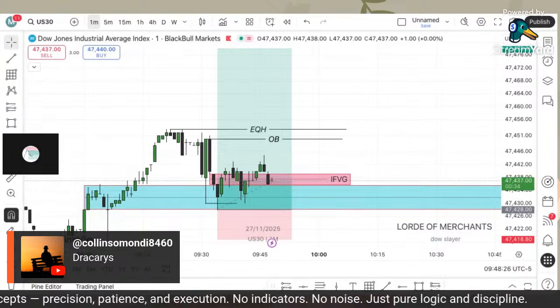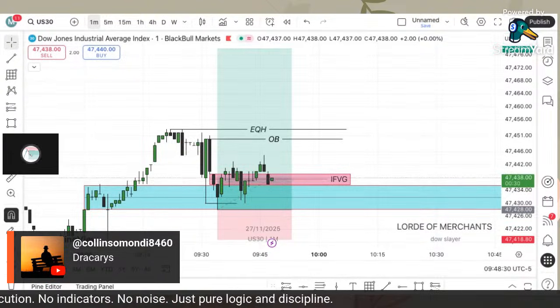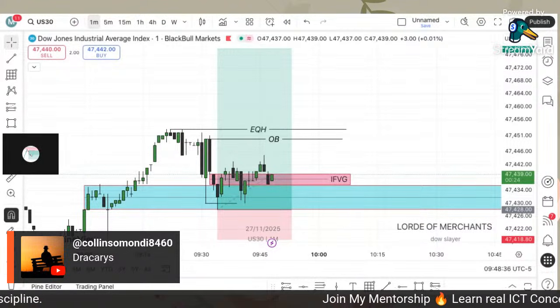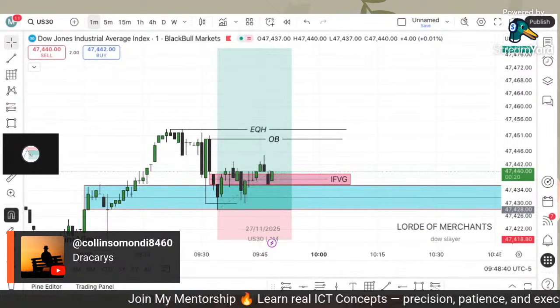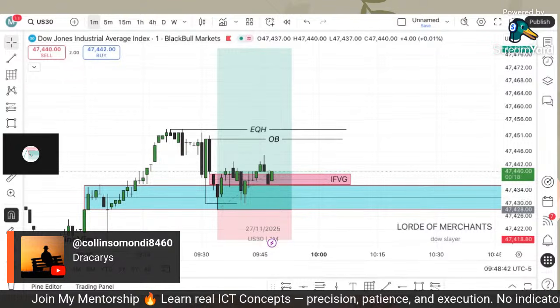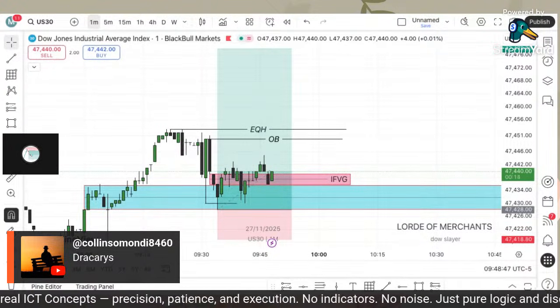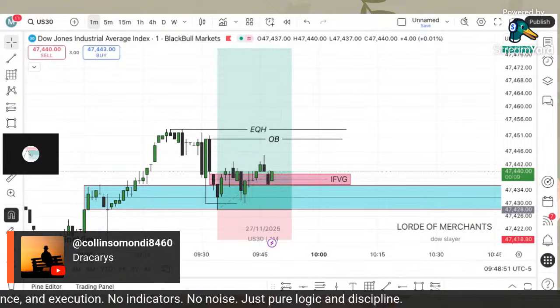Absolute madness. So again, a viewer says on US30, can the price drop lower to the 4 hours fair value gap, then pump higher even before taking out the previous day high? You see, what you're saying is totally fine. It's totally fine. But now the problem is the power of three. Yes, we would have wanted to see a manipulation lower. But now remember what makes that manipulation actually happen,